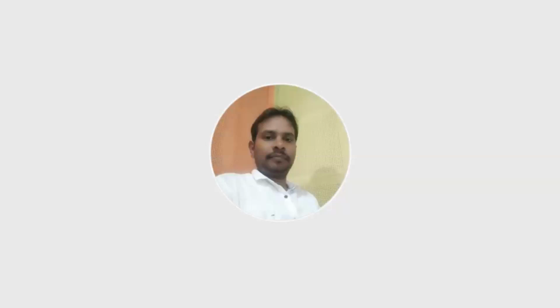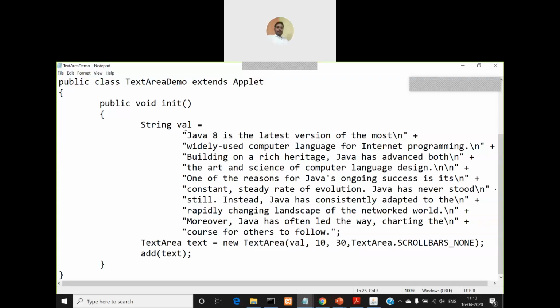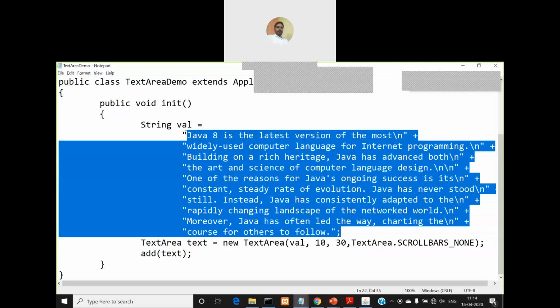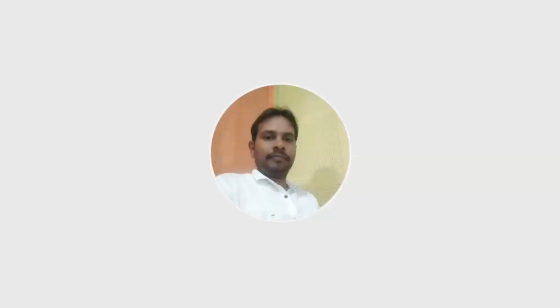So if you observe how many lines of text there are in that string, you have 1, 2, 3, 4, 5, 6, 7, 8, 9, 10 lines of text. At the end of each line, you have a backslash n character, which is a newline character. So what will happen?